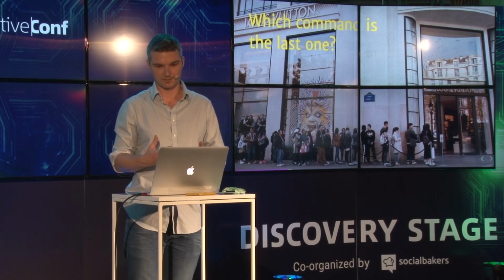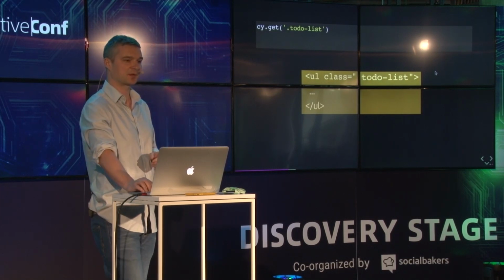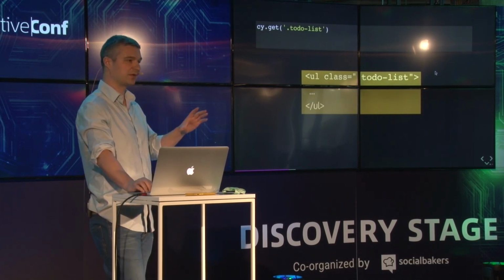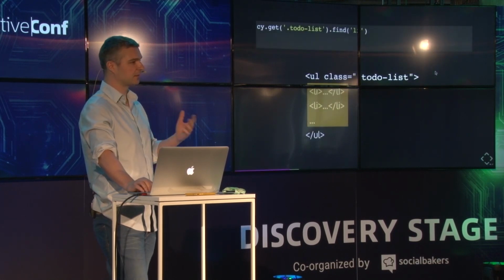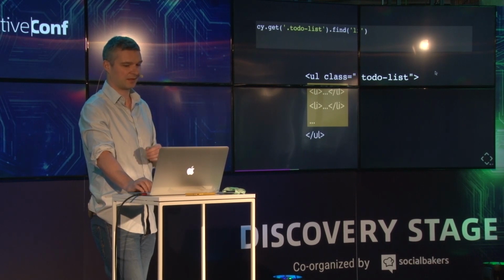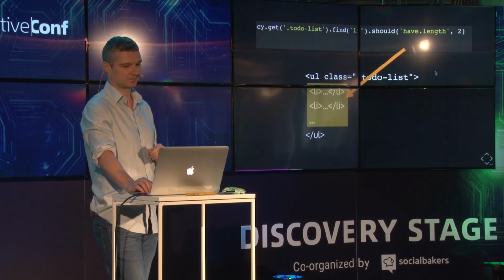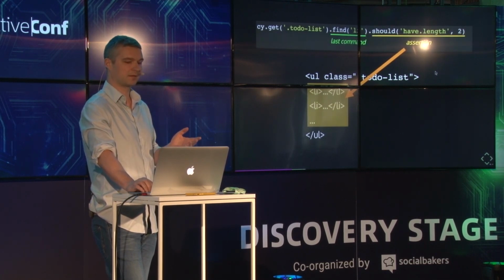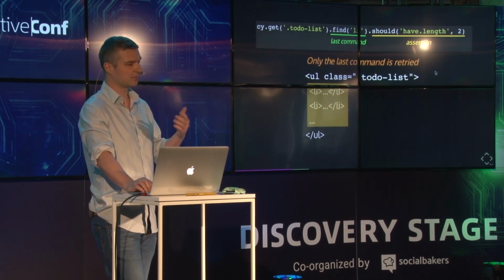Right? Because what happens is, what if you select a list first? So you get the list element. And then you select li elements. So you say, find li elements. So now you get a reference to those li elements. And then you say, well, there should be two li elements. Last command, assertion. So if something goes wrong, it will be retried, but only the last command, not the whole